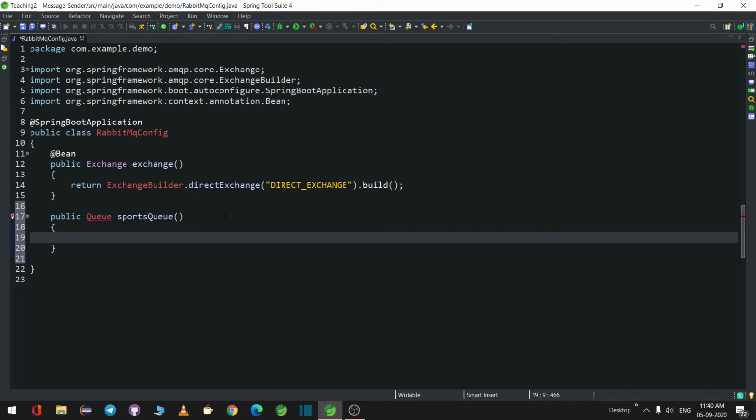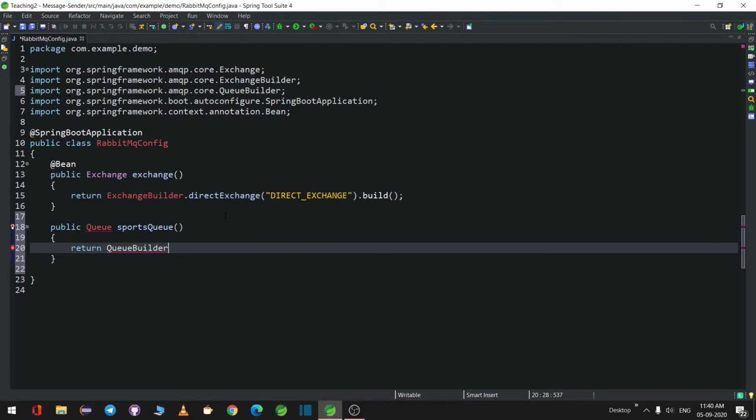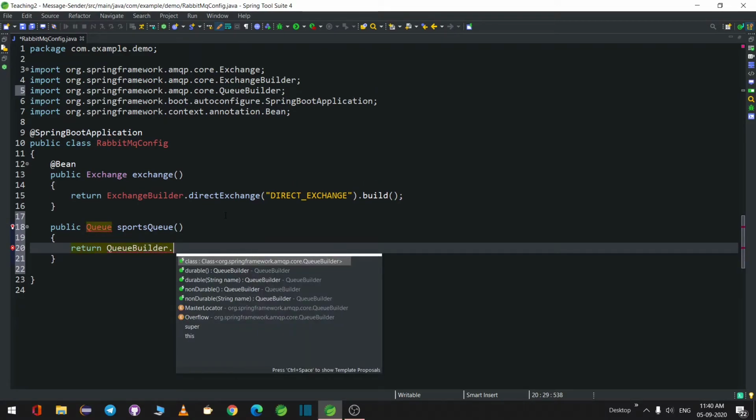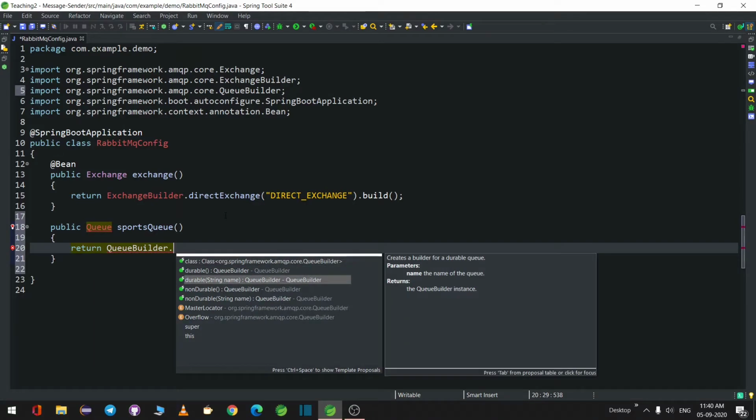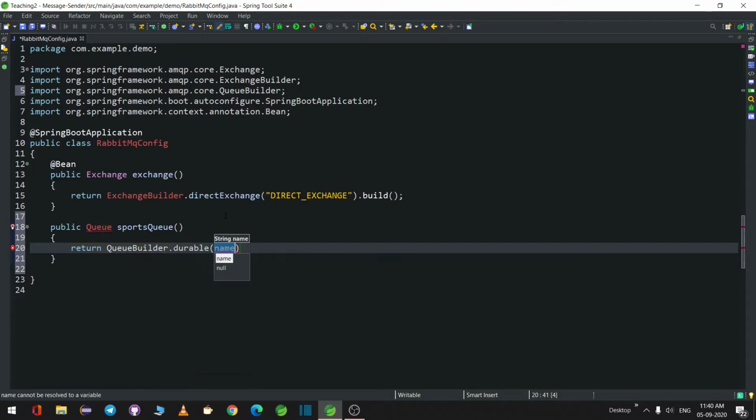Okay, so I'll return QueueBuilder dot. So what type of builder you want? Durable builder or non-durable builder? So let us go ahead with writing the durable builder. So durable queue. So you have to give the name for the queue. So for this queue I'll give SNG queue, sports news group queue.